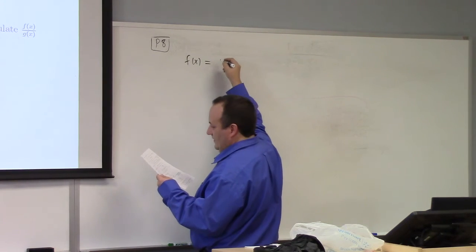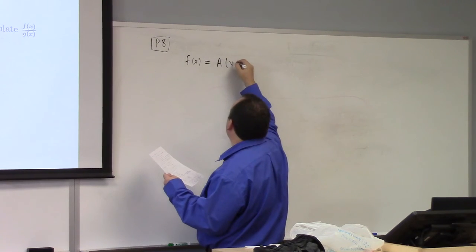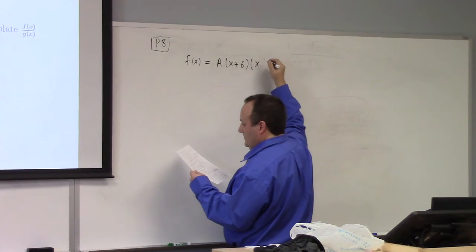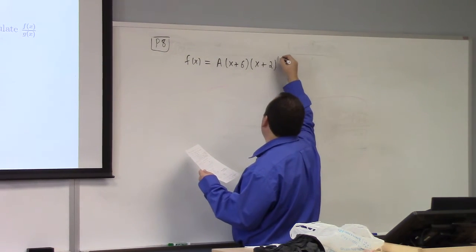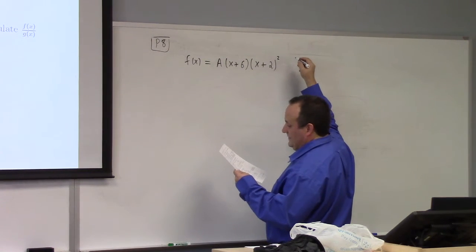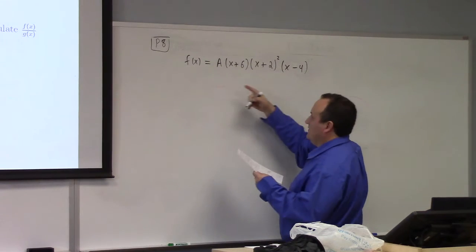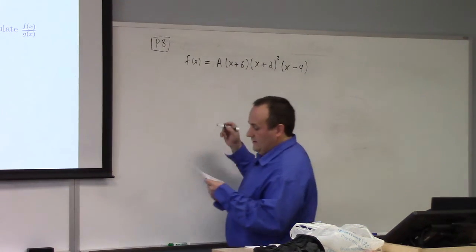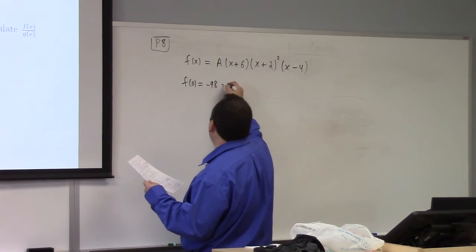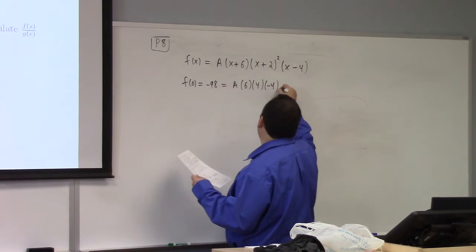A lot of you guys, almost everybody here, has something right in this problem. And some of you have it exactly right, but some of you just like to bounce so much that you got bounces on everything. But we only need a bounce at the middle one, and we want least degree, so we don't want cubes or anything on the outside ones. This will do. And then f of 0 is minus 48, which is a times 6 times 4 times minus 4,